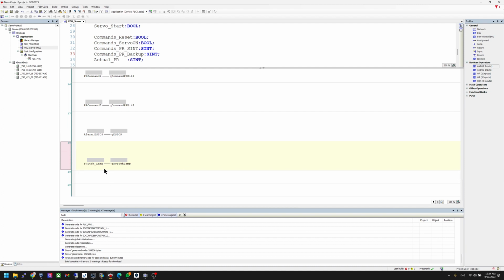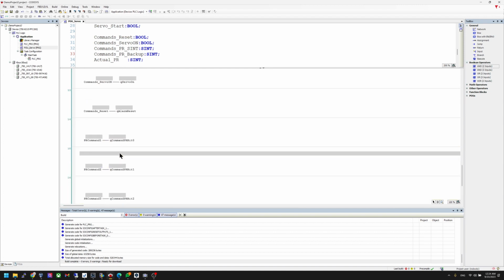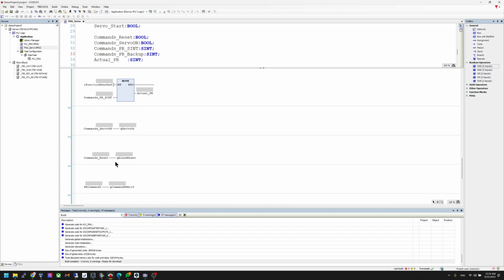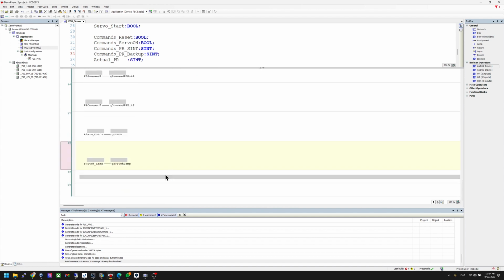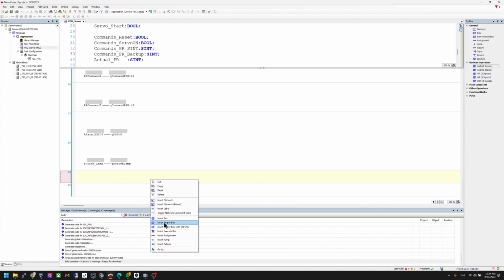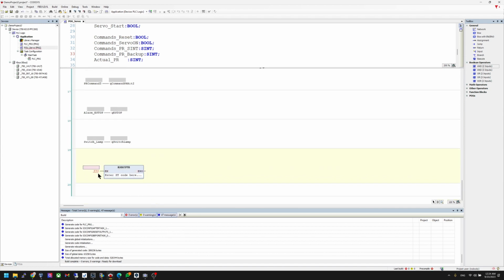And finally, I would like to reset the trigger command here. Command trigger here, because now it's only set here. You need to program the reset. So let's right click, put an execute block in here, and for the end, I also put always on or true, up to you, but I think true is better. True,